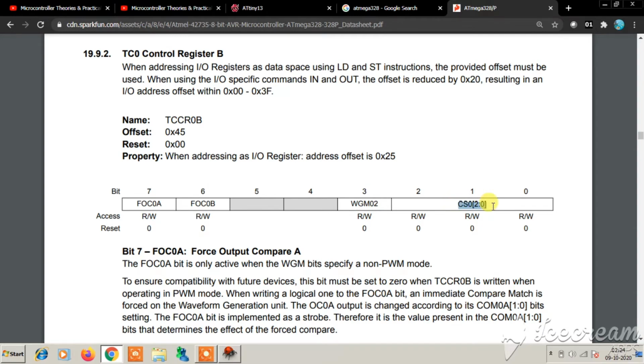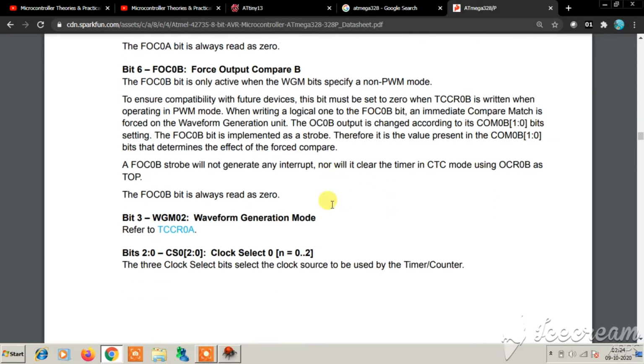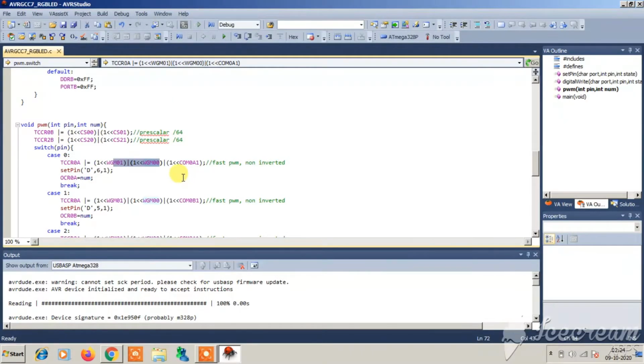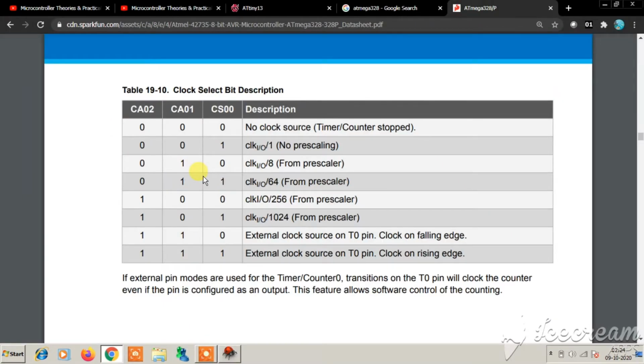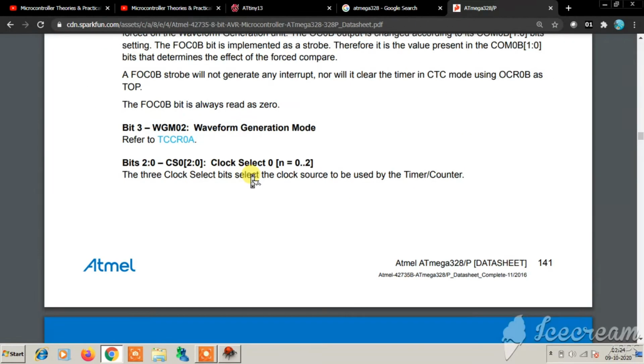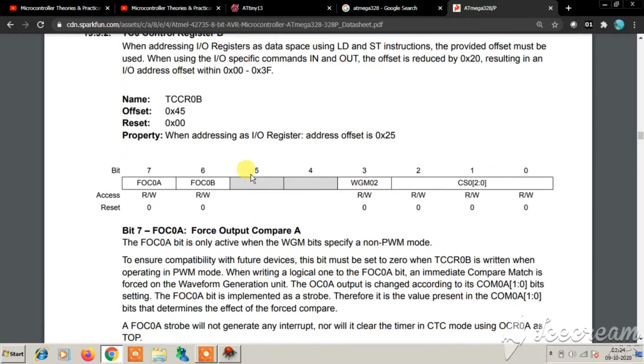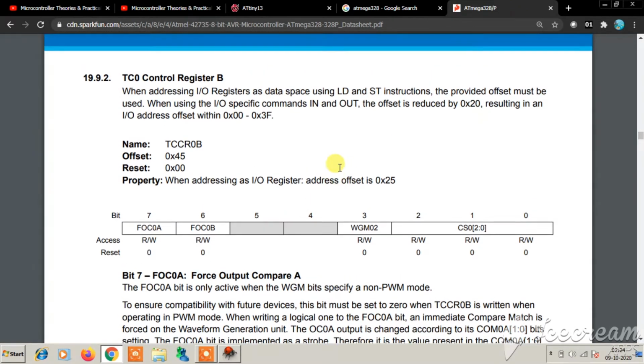Also, this is the clock prescaler, in which you can set the prescaler here: CS00 and CS01, clock IO by 64. These two we will be set in our code. So all these things have to do with the two PWM channels associated with timer 0, OC0A and OC0B.